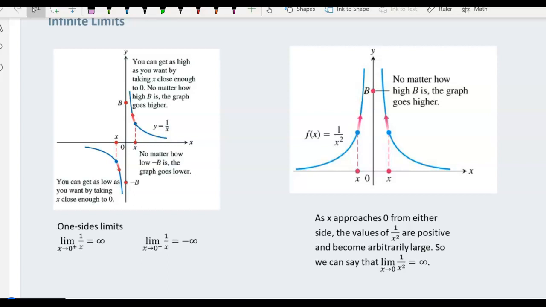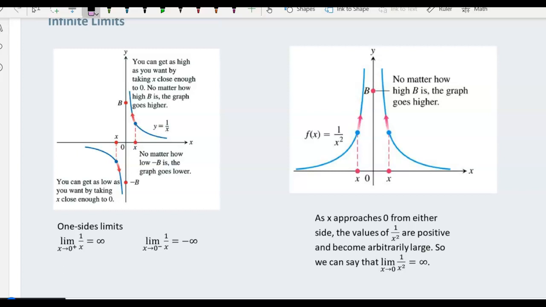First of all, the picture on the left for 1 over x, as we choose x values that are closer and closer to 0 from the positive side, so going this direction, the function values are shooting up to positive infinity. On the other side, as I choose x values that are closer and closer to 0 from the negative side, the function values are shooting down to negative infinity. So we would say that the one-sided limits exist, right? The limit from the right or the limit from the left, but that the limit overall does not exist because they're not approaching the same